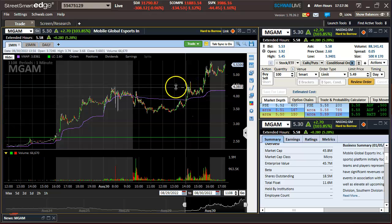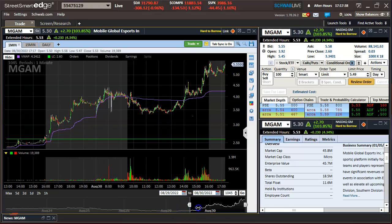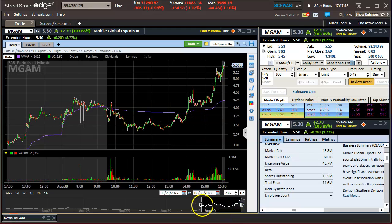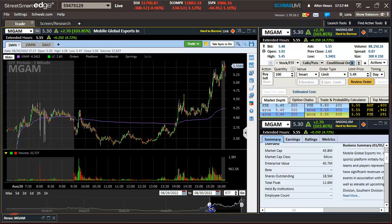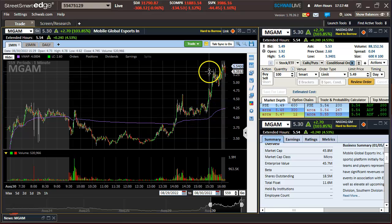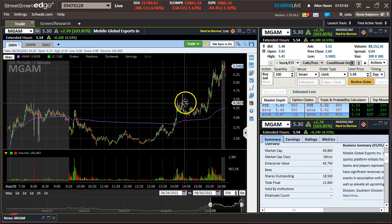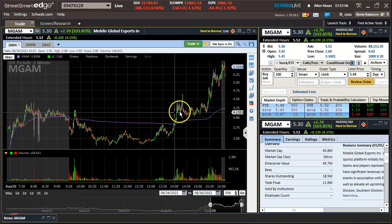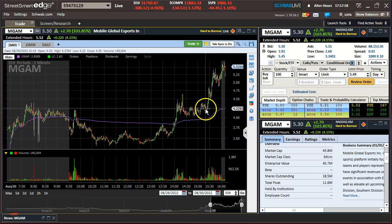There's a quick move, but being patient really pays off. You might miss a play here and there, but when it really fails to break down, you get some strong moves out of this. Especially look at the demand on the day and the float. So it really was in favor of the buyers as shorts got their confirmation here,